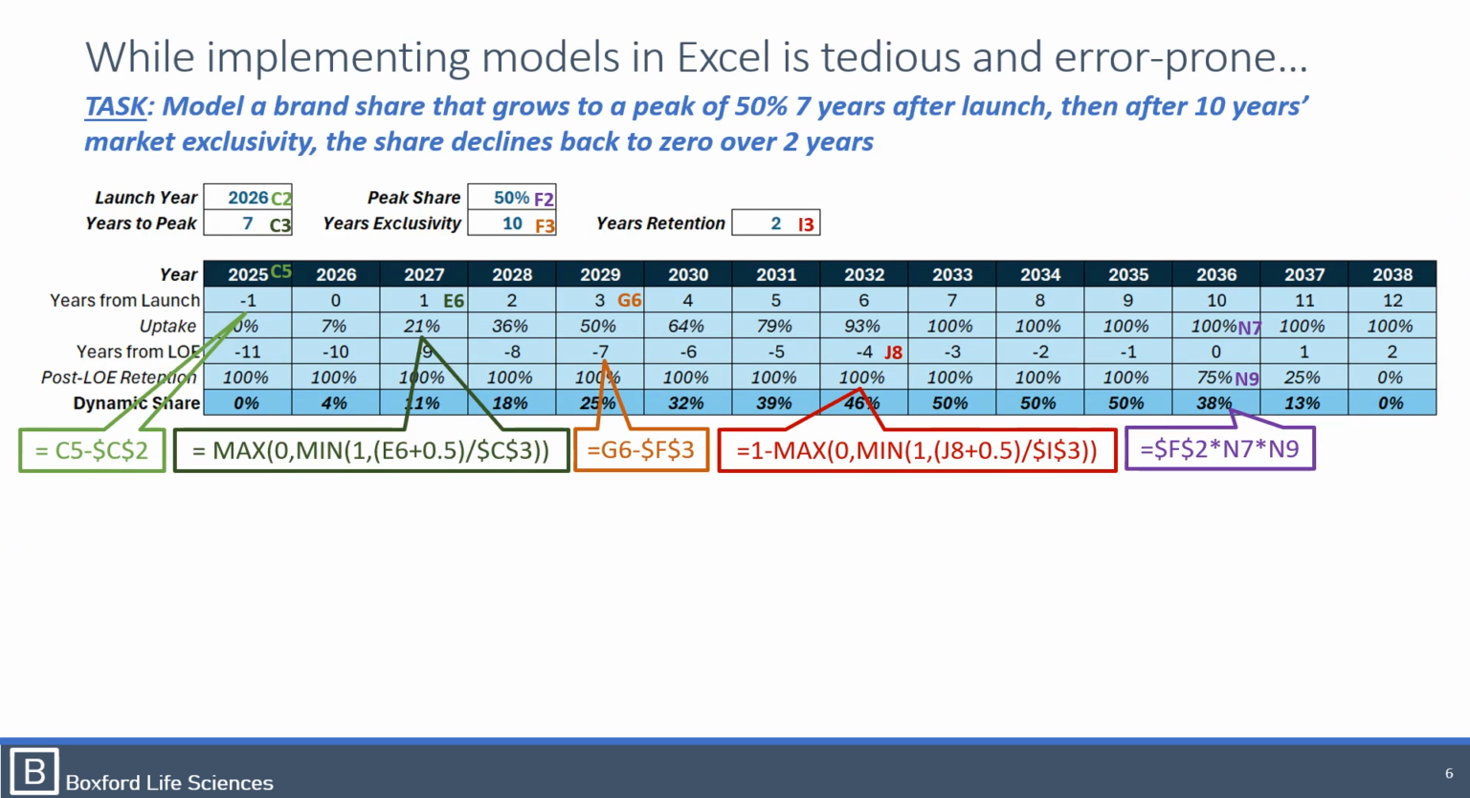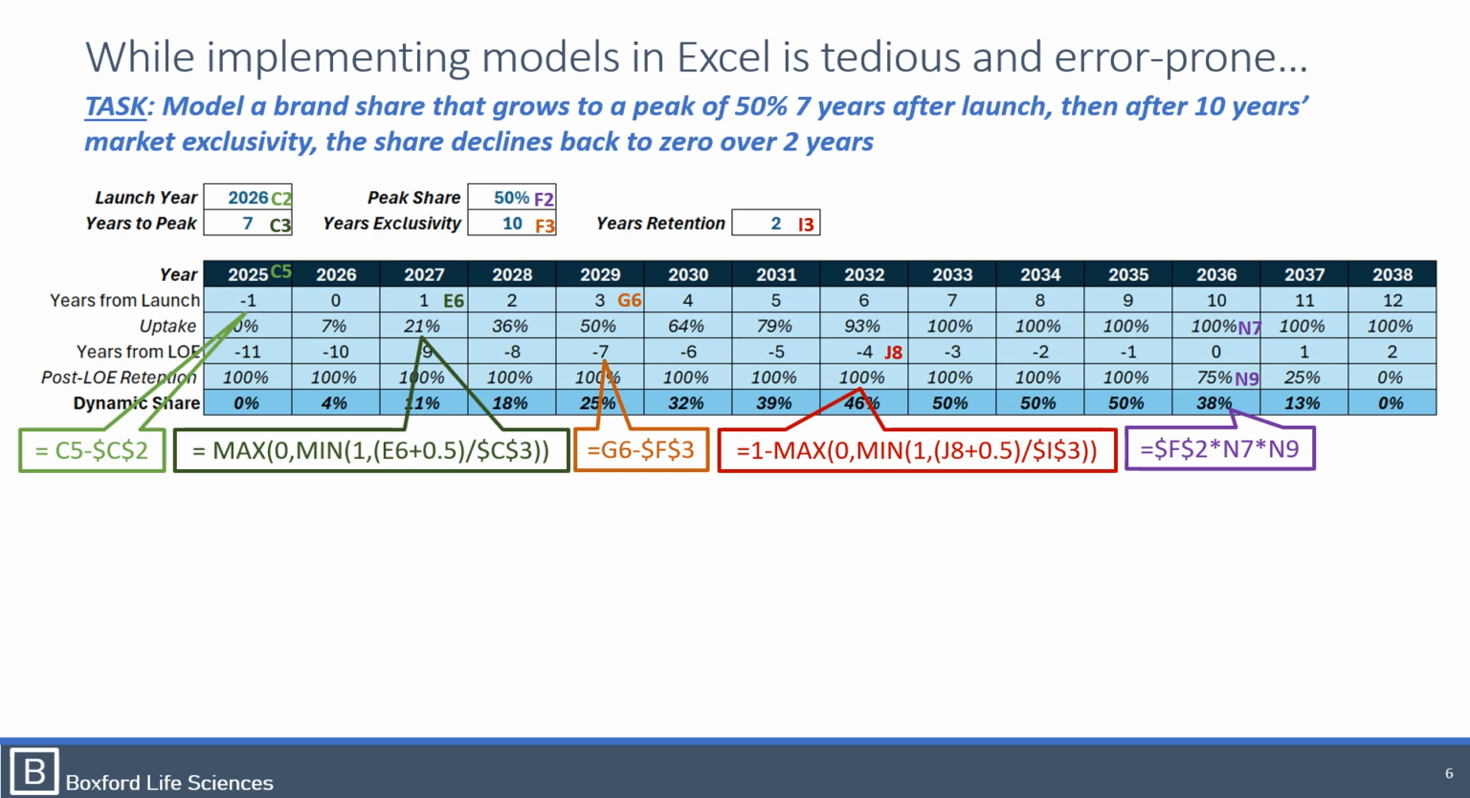To see how this descriptive approach differs from the traditional build model in Excel approach, let's consider a task where we are modeling a brand share that grows to a peak of 50% by 7 years after launch. And then after 10 years of market exclusivity, the share declines back to 0 over 2 years. We see here a typical kind of table that we would make in Excel, where we have some input cells